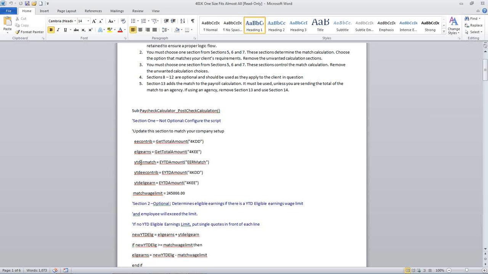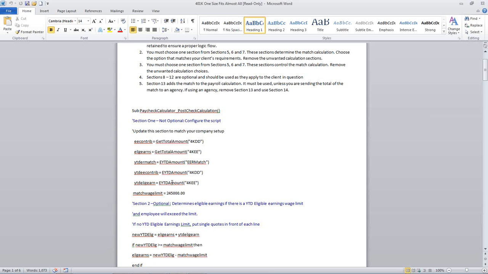So I have a field called YTD ER match, pretty self-explanatory, and we're telling it to get the current year-to-date amount of this earnings code, so ER match. We also need to know the year-to-date employee contributions dependent on what we're going to do later. So again, year-to-date, EE, employee, contrib, go get the year-to-date amount of the 401k deduction code group.